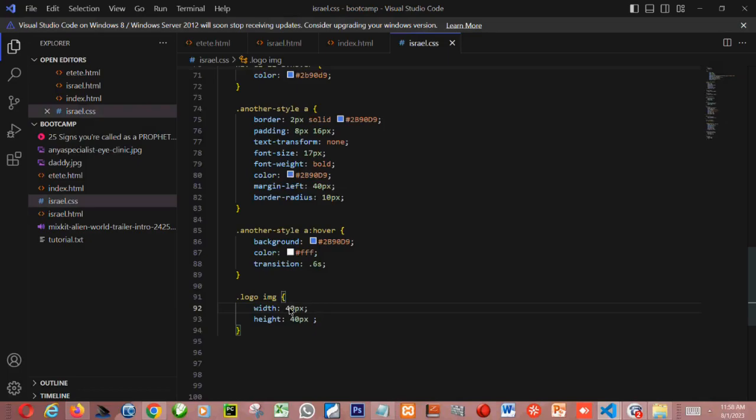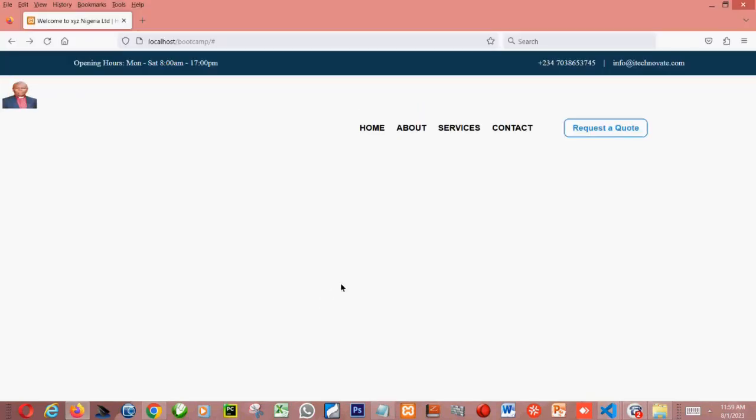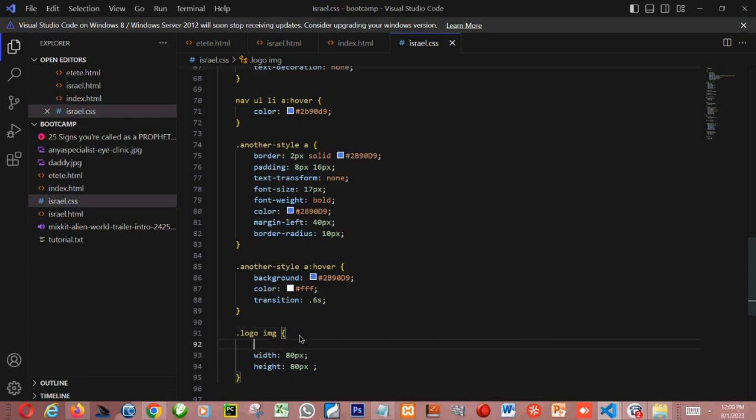Let's say that you have a logo that you have already designed. You can just make it 80. 80 can be a little bigger. Let's see. Okay, 80 is fine. So if I say margin top,